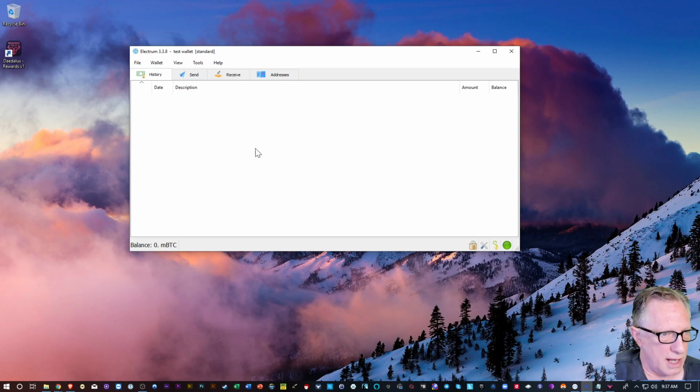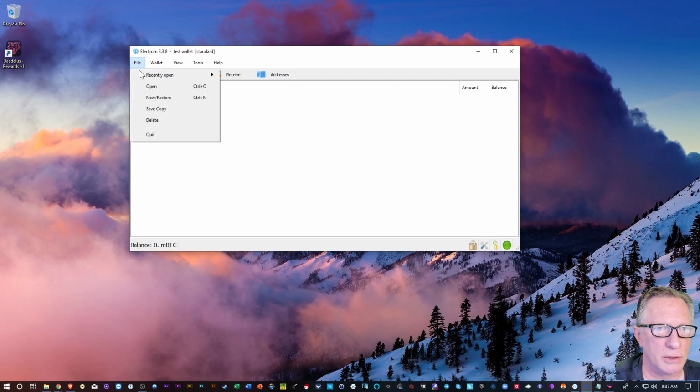So it's kind of cool in that it's not so resource intensive, right? It's not taking up space on your computer and spending all this time updating the blockchain, using up your bandwidth and your internet quota and all that junk. It's a pretty decent wallet, right?